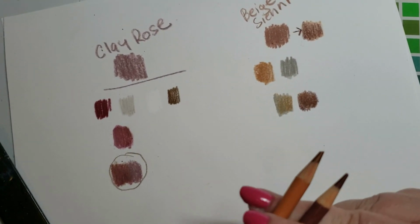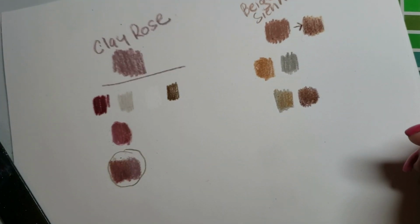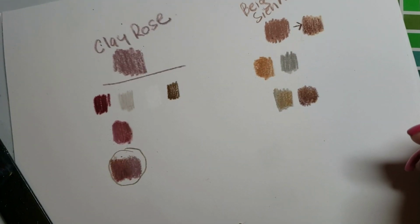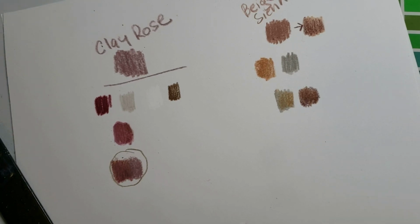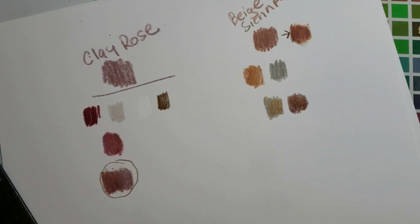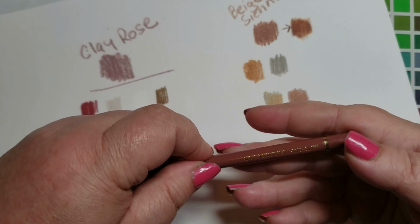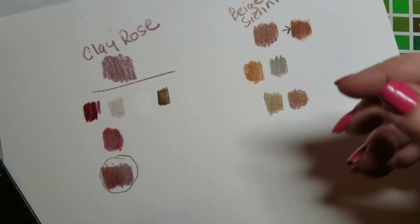That is a very, very close match. Close enough that I would go with it in any sort of art installation, any artistic way. Bingo, match. We got it. So your Beige Sienna is Caput Mortuum and